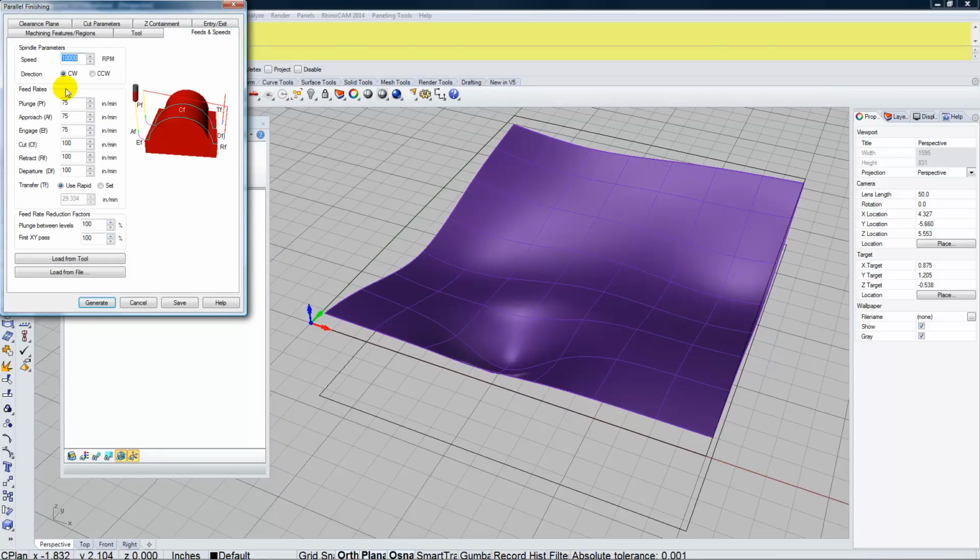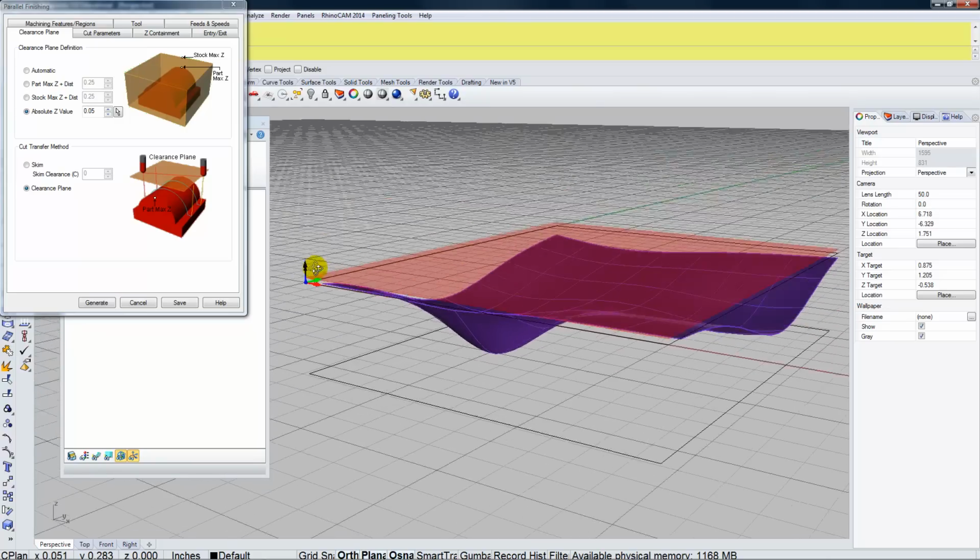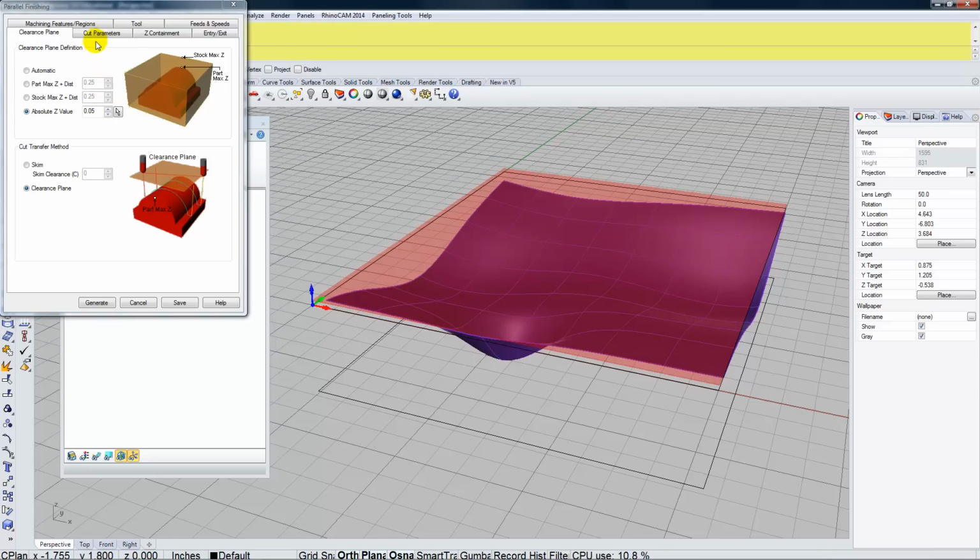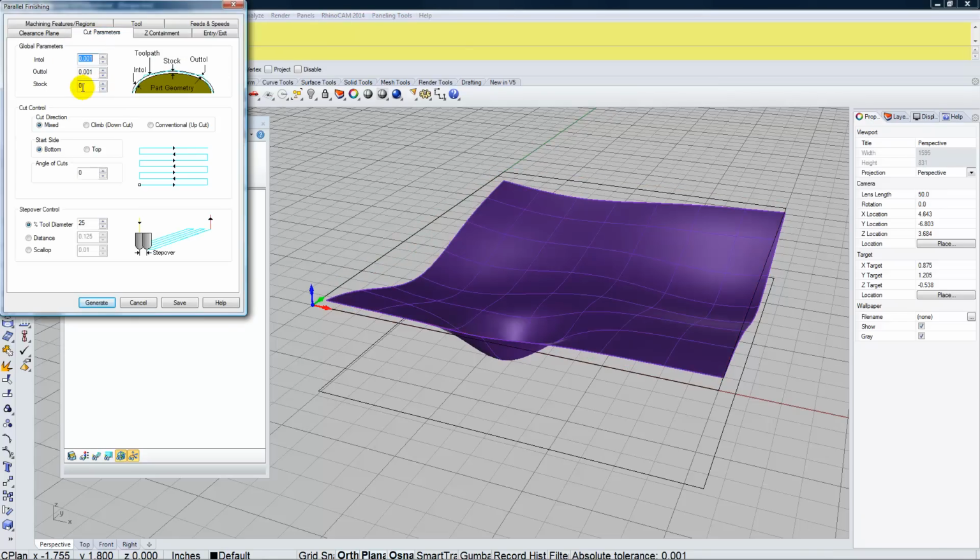Go over to my feeds and speeds, make sure that those are showing up, the faster feed rate. Go to my clearance plane, it should remember from our last settings. Cut parameters. Now in this case I'm not leaving any stock. This is my finish pass. Okay, now my step over. So now I can step over much closer than I did in the roughing pass. In the roughing pass, we were stepping over 5/64. Now I'm going to lower that step down to 1/16 of an inch,